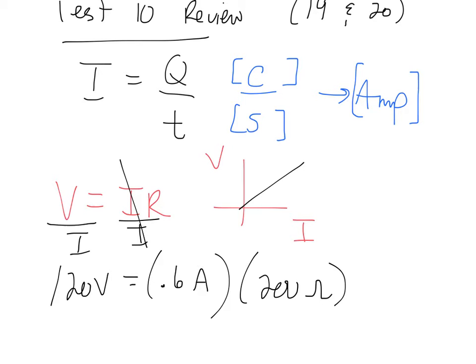It's the slope. So the slope of this line is the resistance. If you see a constant slope, it means the resistance is constant. So an ohmic material graphically would follow that kind of a graph. A non-ohmic material, since the slope is resistance and the resistance is changing, we have to look at the slope